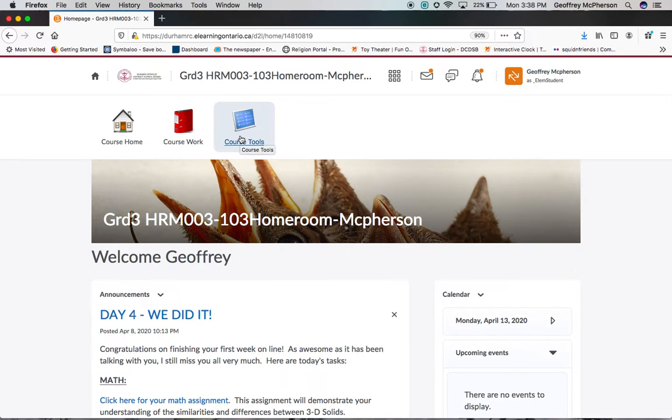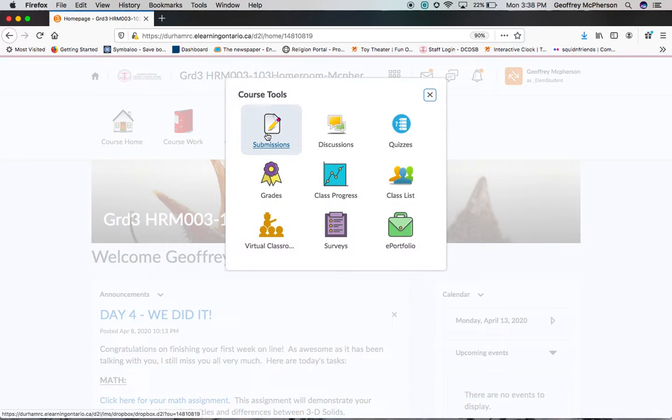If you click on Course Tools, you will see Submissions, Discussions, where if you were to post about a topic, you wanted to post a comment or reply to somebody else's comment, you would do that here, and Quizzes. Submissions is the section where assignments are made, so you would be submitting an assignment or some work. So I'm going to click on Submissions,